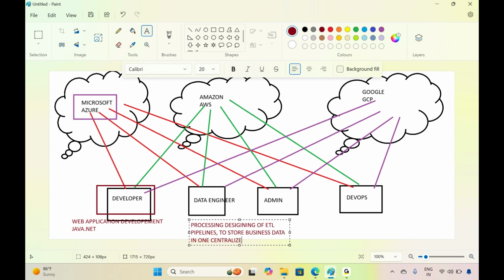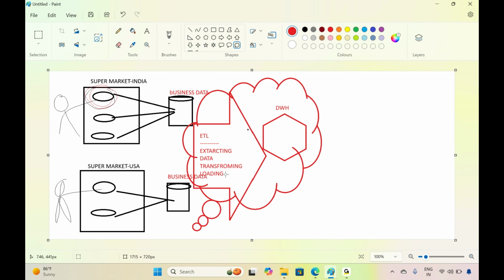You need to build pipelines to process the data from different servers into one particular server. So as a data engineer, your primary focus is creating the ETL pipelines and storing the data.